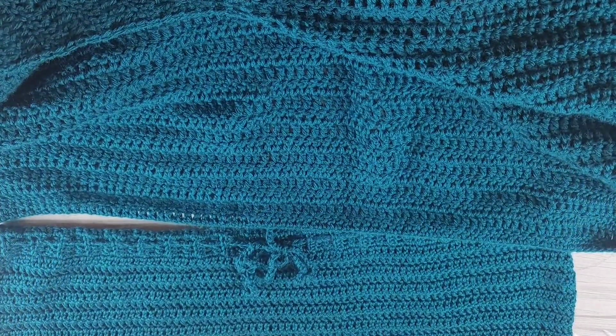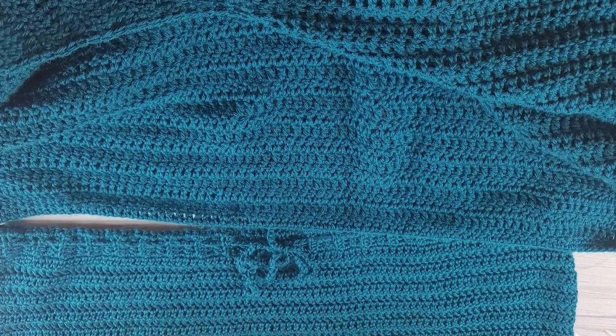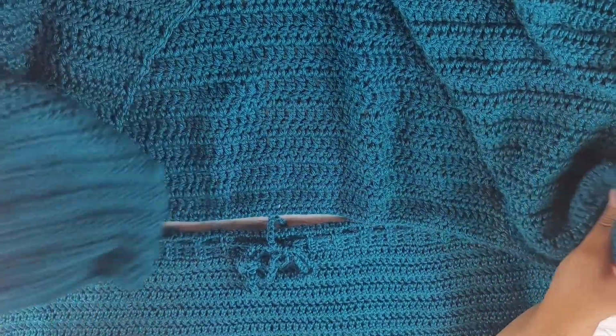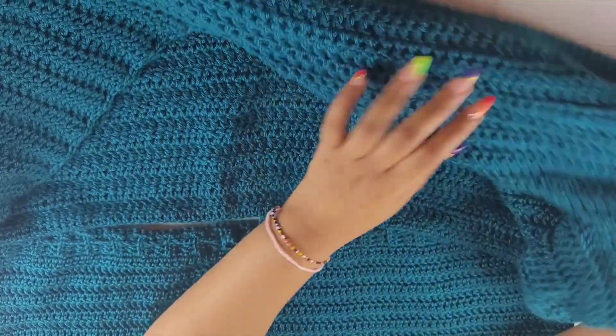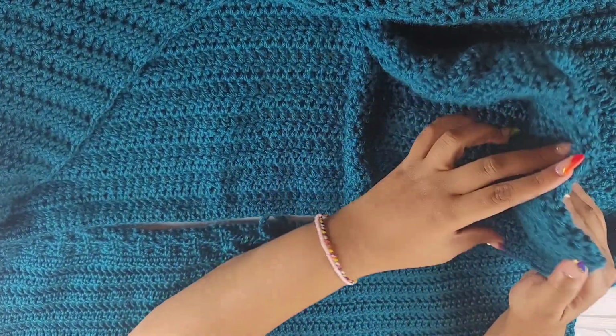Okay, so here we go. We are going to attach the shrug top to the skirt. Now this wasn't originally planned, so we don't have an even amount of stitches to attach. So we're going to have to do some figuring out with that. So I have 200 stitches at the bottom of my top, and